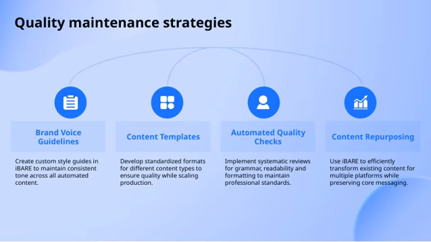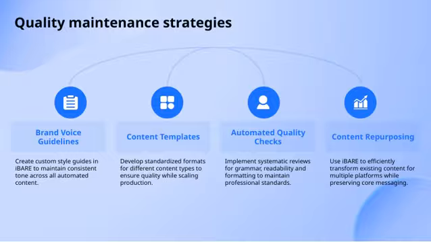Then there's automated quality checks. Implementing systematic reviews for grammar, readability, and formatting helps us uphold professional standards effortlessly. It's like having an extra set of eyes that catch issues before content goes live. Finally, content repurposing is a powerful strategy. Using IBARE, we can efficiently transform existing content for various platforms. This not only saves time, but also helps us preserve our core messaging across different channels. Altogether, these strategies form a comprehensive approach to maintaining high-quality content, which ties back to our overall goal of consistent,